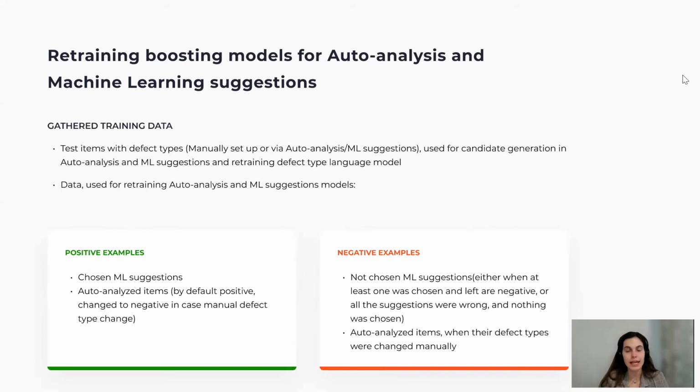If you don't choose any suggested items, the model will think the suggestions are wrong, so they should be corrected in further training. When you change a defect type for the auto-analyzed item, the model result will be considered as negative. By balancing positive and negative examples and finding patterns in the data, new custom models will be trained to